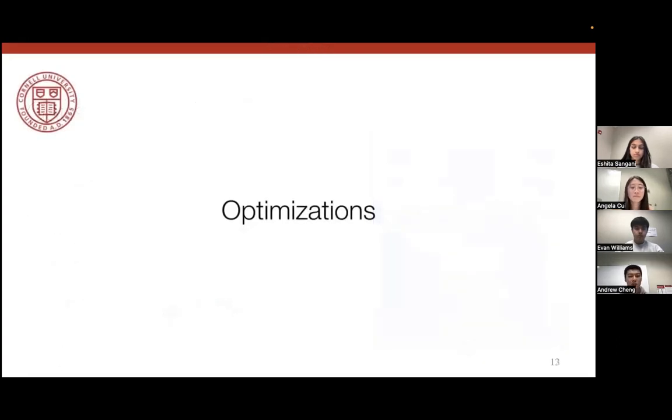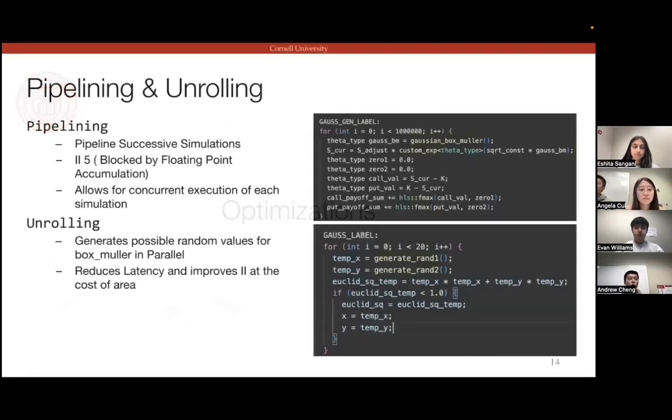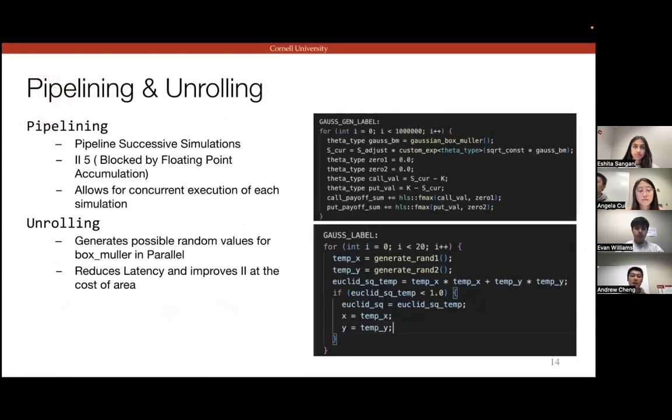So now talking about optimizations. One of the main optimizations that we required was pipelining. One of the big things about the Monte Carlo simulations is that each specific iteration is completely independent of the previous one. However, we didn't want to unroll the entire 1 million iterations, as this would require duplicating our area 1 million times. So we settled on pipelining in this case, where we tried to achieve the same low II, but also save the same amount of area, but also create a fast iteration between each of